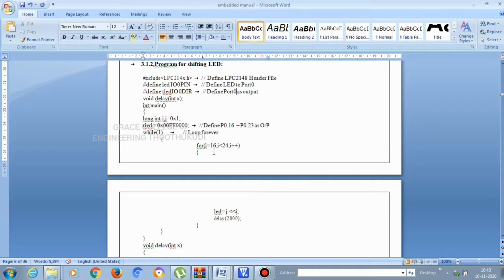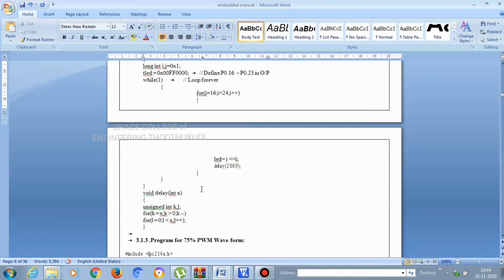On the second cycle, the second LED should glow and all the remaining LEDs should be off. In the third cycle, the third LED should glow and all the remaining LEDs should be off. In a similar manner, the glowing LED will be shifted from the first position until the 8th LED, and it will continuously blink in the while loop with some delay of 2000. For the delay, the program is given.